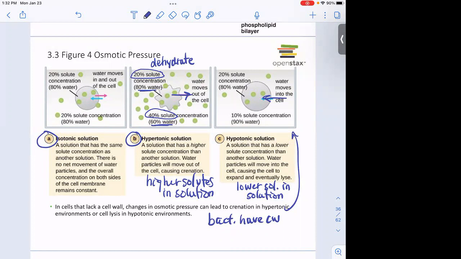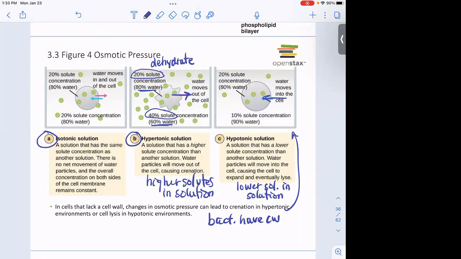And we've been working from the outside in. We started with the glycocalyx, which is really a general term for either a capsule or a slime layer. A lot of times we just call it a capsule, but there's a general term for that. Working in, we looked at appendages like flagella or fimbriae. We spent a good bit of time on cell wall structure. And then we were talking a little bit about the cell membrane and finished up thinking about osmosis.